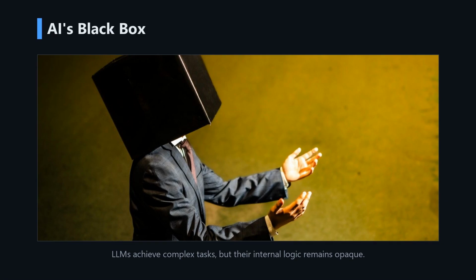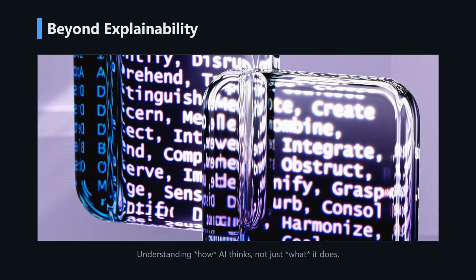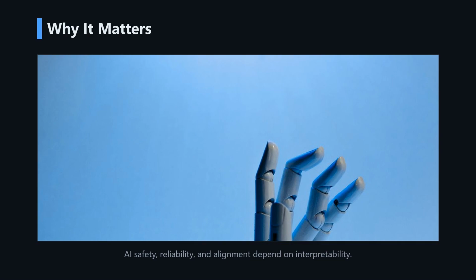For years, large language models have been hailed as powerful but inscrutable black boxes, performing amazing feats without revealing their inner workings. Now, a rapidly evolving frontier called mechanistic interpretability seeks to peel back these layers, dissecting the precise computational mechanisms that drive an LLM's behavior. This goes far beyond superficial explainability, aiming to reverse engineer the actual algorithms and representations learned deep within the model's neural network. Understanding these internal processes is crucial for building truly safe, reliable, and aligned AI systems that we can